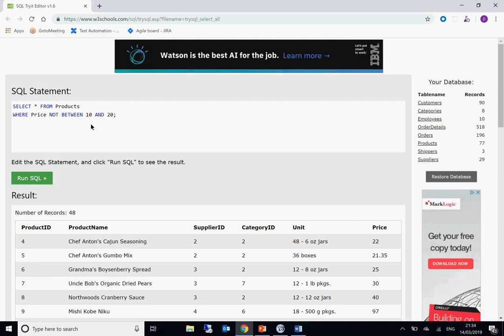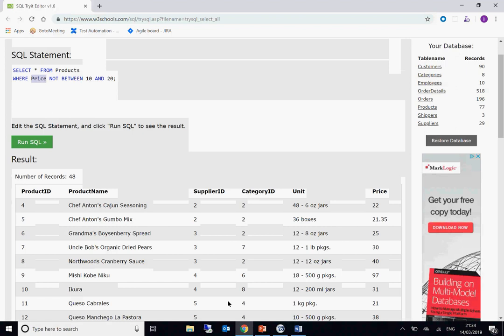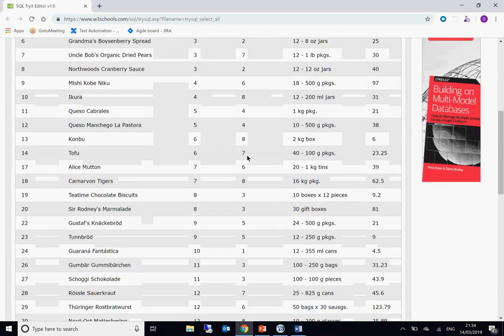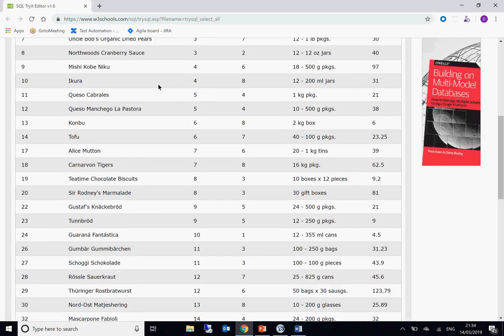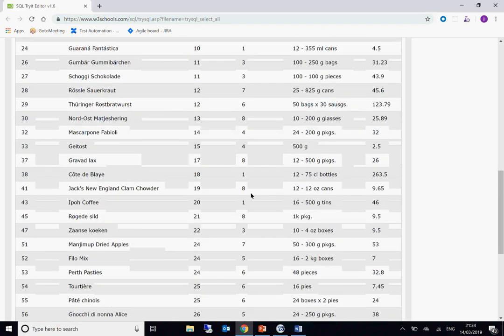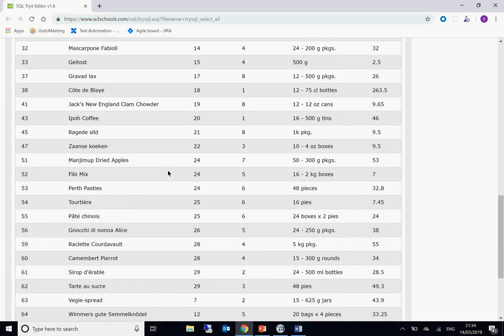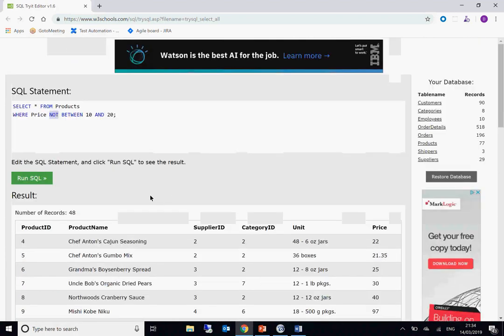So as you can see, this is only going to return the price between 10 and 20. So let's say not, sorry, it said not actually. So you should not see any record whose price is between this. So as you can see, there's 6, but you will not see 10 to 20. Likewise, if you remove the not,